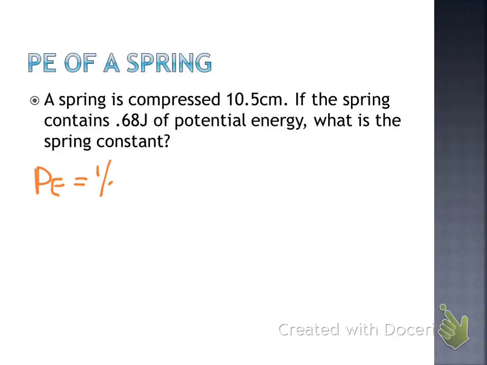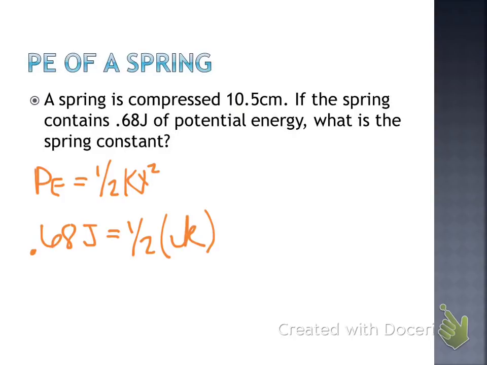So potential energy equals 1/2 kx squared. It tells us we have 0.86 joules of energy. We're solving here for K. Our x value we need to convert to meters. So that would leave us with what value in meters? 0.105. Good, divided by 100. We're just going to square that term, take that times 1/2, and then you can divide that over